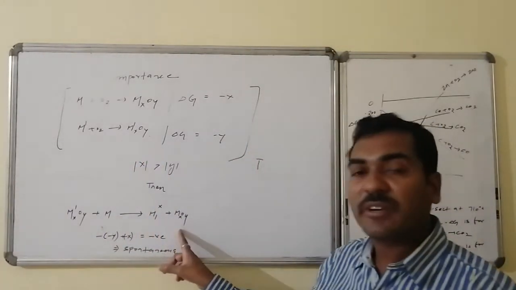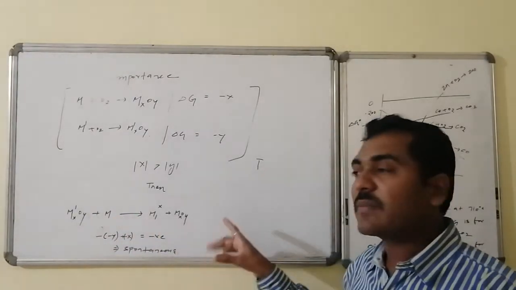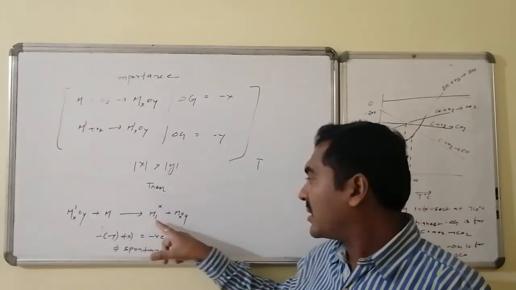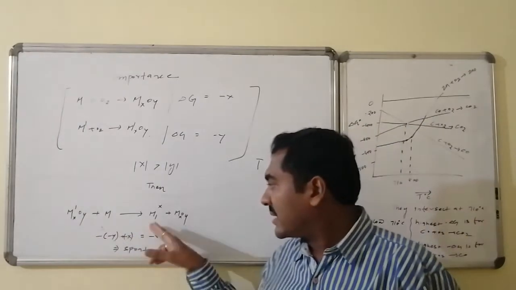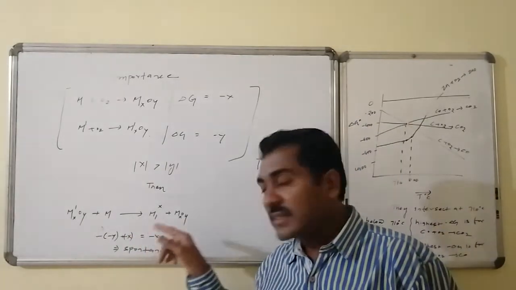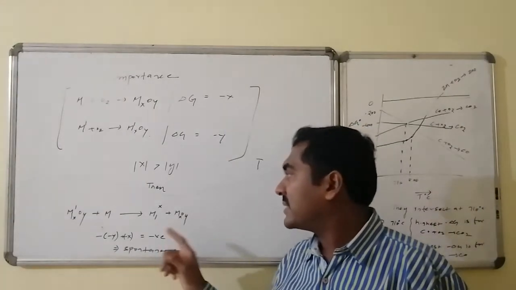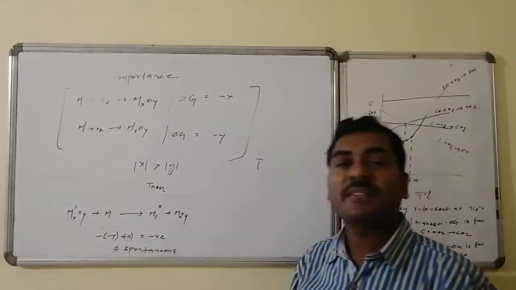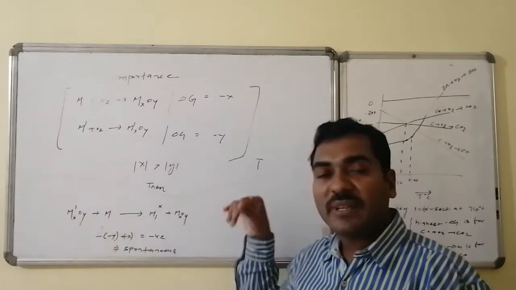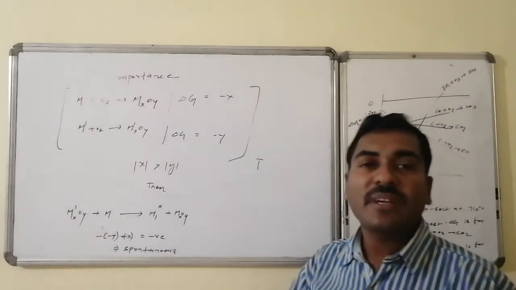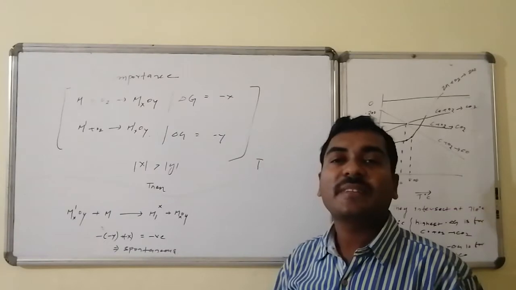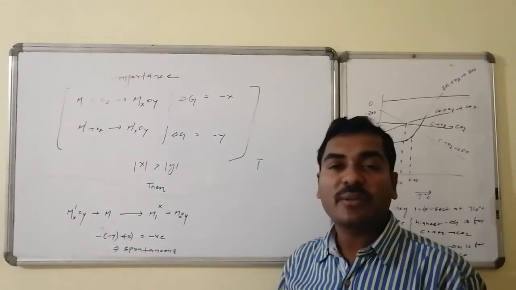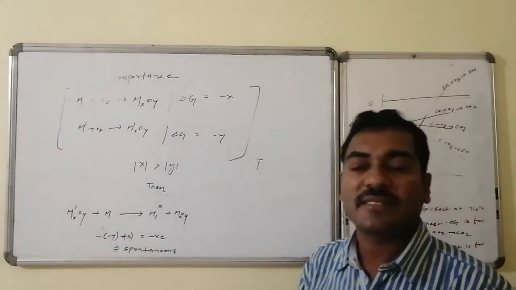That is, the metal is converted to its corresponding metal oxide, whereas the reverse of the other one can occur, that is, the metal oxide of the second one can be reduced to the corresponding metal, because its conversion has minus of minus y of delta G, whereas the first one, our expected reaction, has minus x. Overall, the x quantity is greater, which implies the total sum is negative. Delta G of reaction 1 plus reaction 2 is negative, which implies that the combination of two reactions can occur in such a way that our expected product formation occurs, because it maintains a minus delta G and becomes spontaneous.